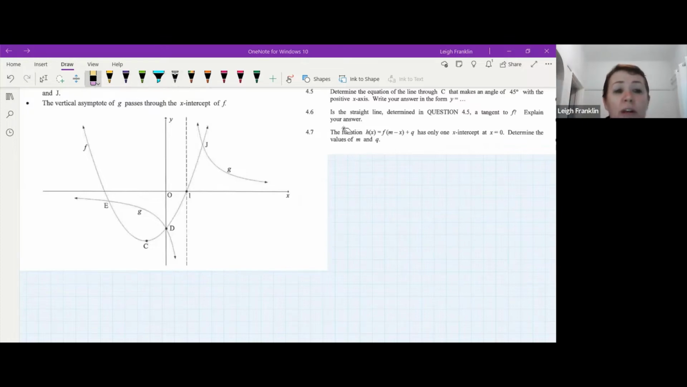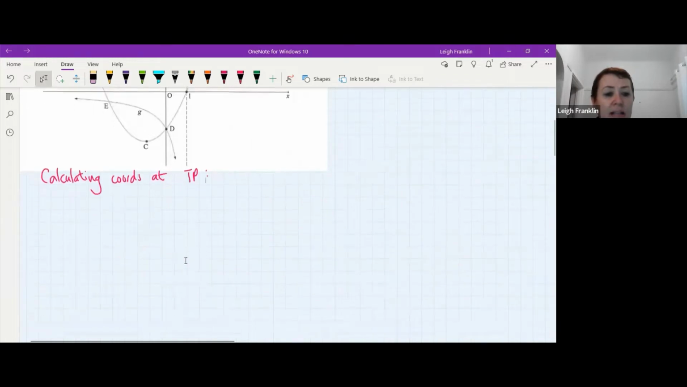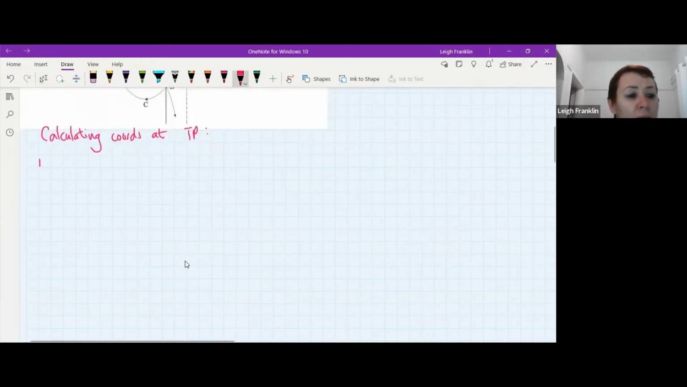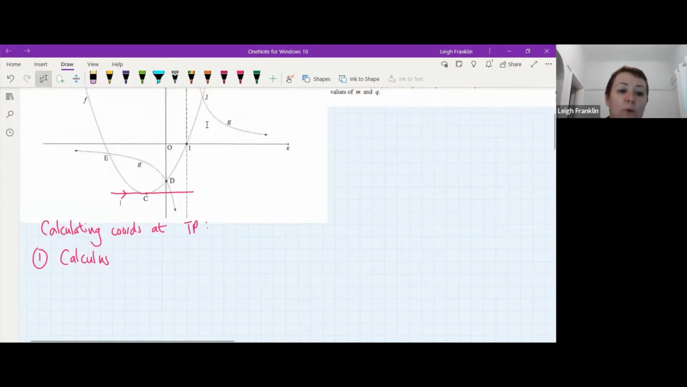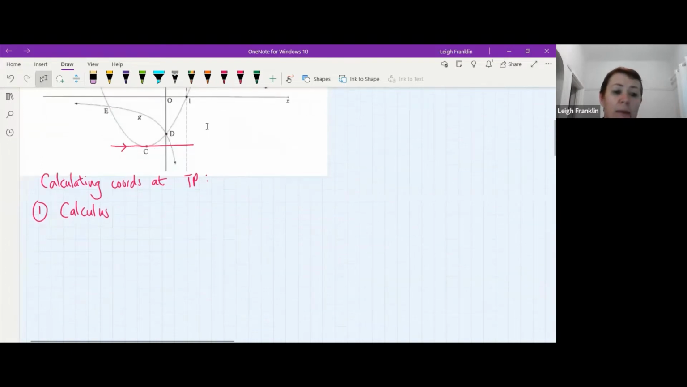So when you want to calculate the coordinates at the turning point, there are 3 ways. I'm just going to write this down for you guys so you can make a note of this. The first way is to use calculus. And we work on the principle here that if we were to draw a tangent to the function at C, the gradient at C is 0 because the line that we've drawn, the pink line that I've drawn, is parallel to the x-axis. Okay, so what I could do is I could take the first derivative,